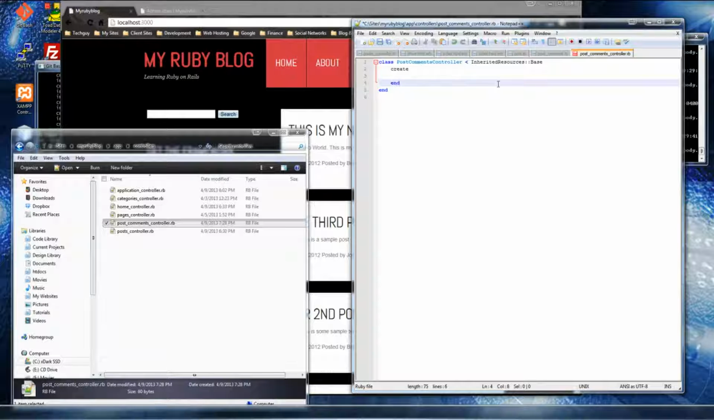Create end, and in the create method we want to, let's create a variable post comment, and that'll go to PostComment.new, and we want the params with the comment. This is actually going to be post comment,